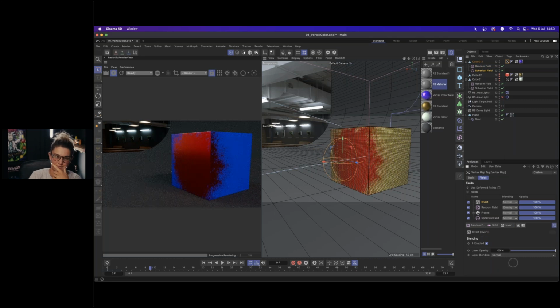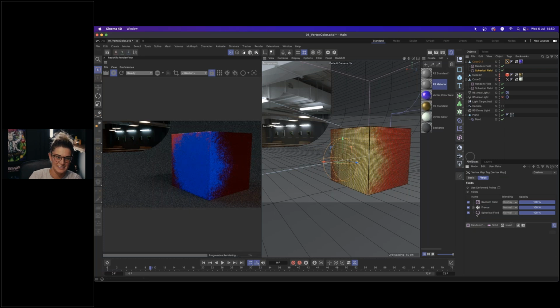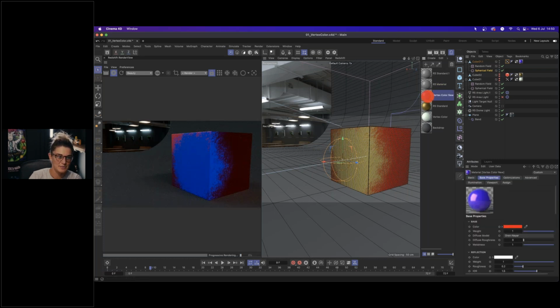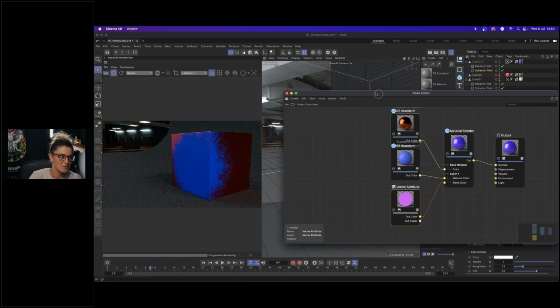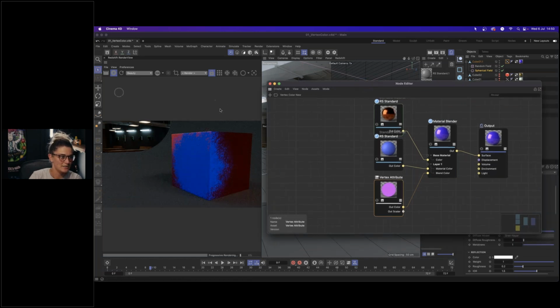Invert that way. That's two ways. And then we can, which material? I was in this material, wasn't I? We can go into here. So that's gone back, and we can